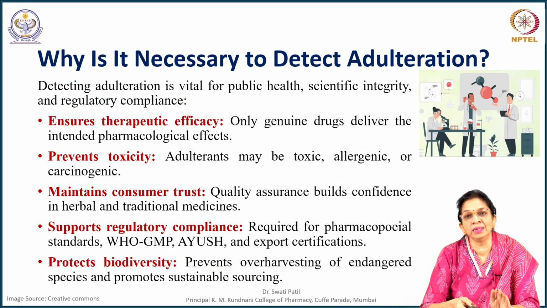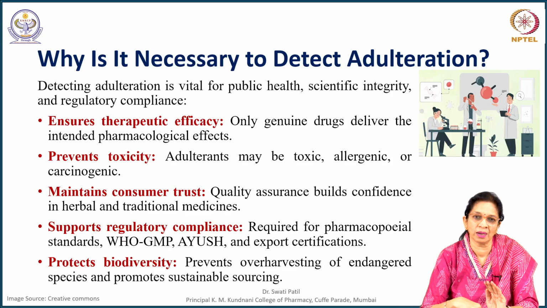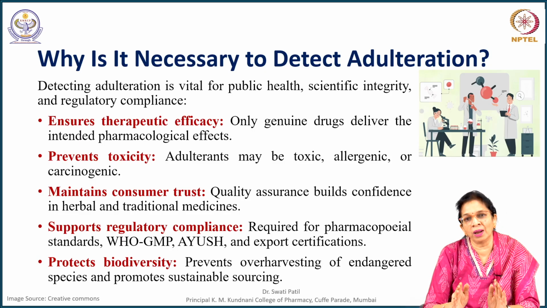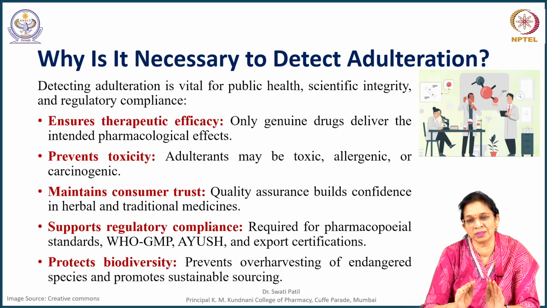Hence, there is a need to detect whether the genuine drug is present or it is adulterated with other material. The regulatory limits mention, for each drug, how much percentage is allowed, whether it is detected by physicochemical or by other methods, and the amount of adulteration present. So, by looking at the amount of adulteration, a herb batch may be accepted or rejected.